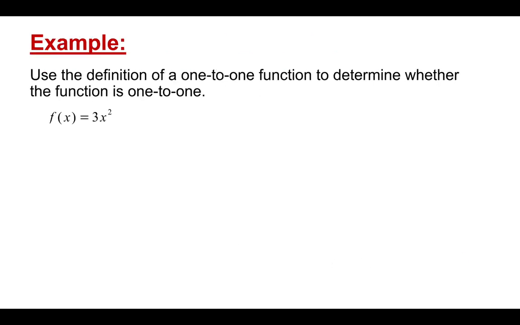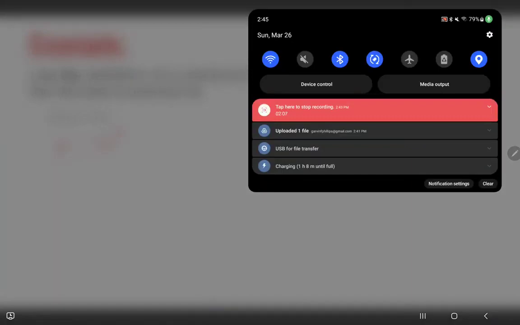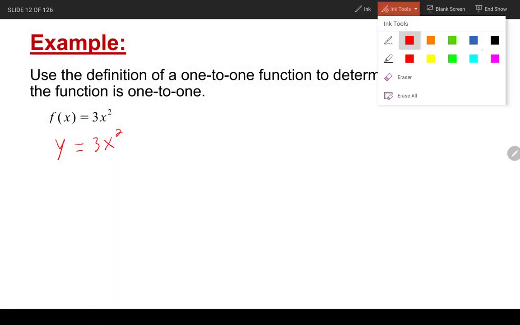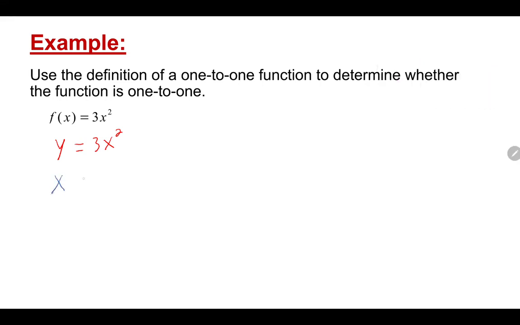So here we have a function. We determine, using that definition, whether this function is one-to-one. So first thing I do is I replace the f of x with y, which is equal to 3x squared. Then I'm going to replace and switch, so this becomes x,